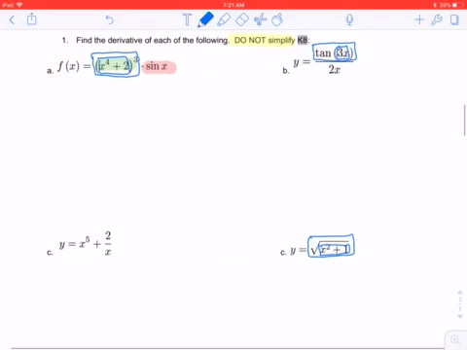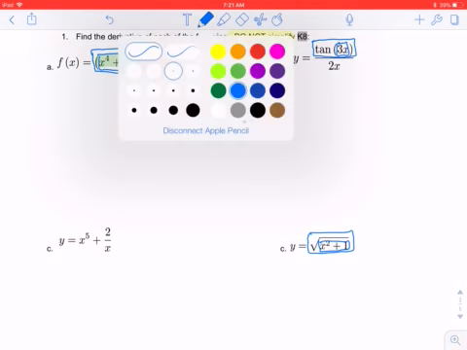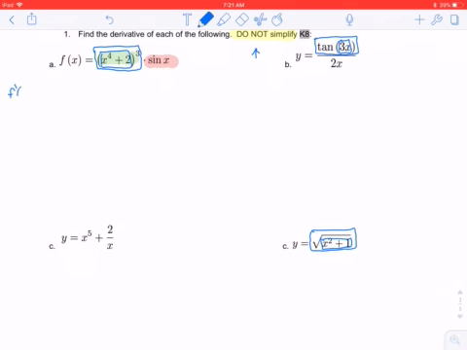Okay, so here we're going to just go through number one and take the derivatives. The first thing that's really important to note here is that this says do not simplify. So all it's asking you to do is take the derivative. Okay? So when we go to do this for part A, and we go to take the first derivative, it's